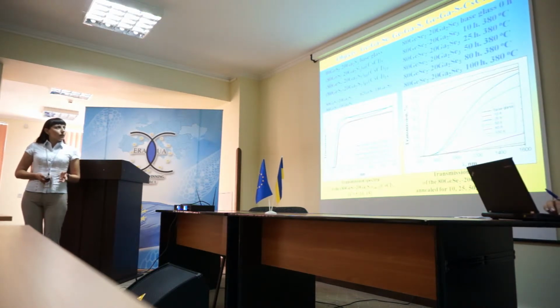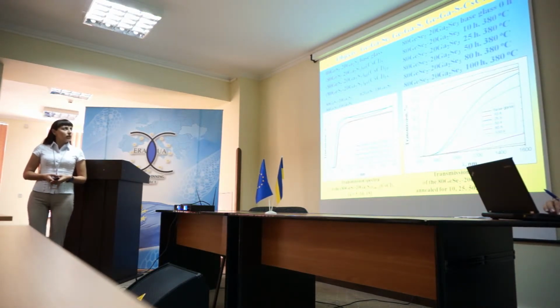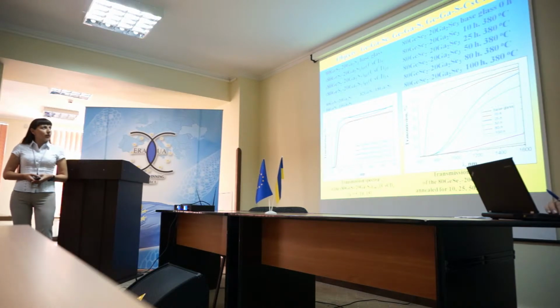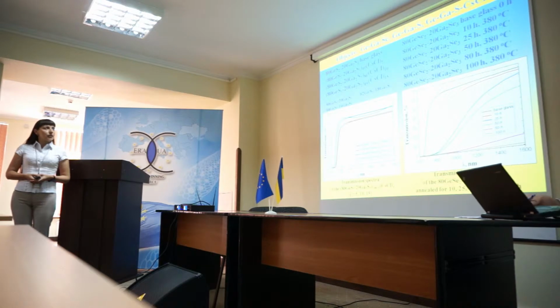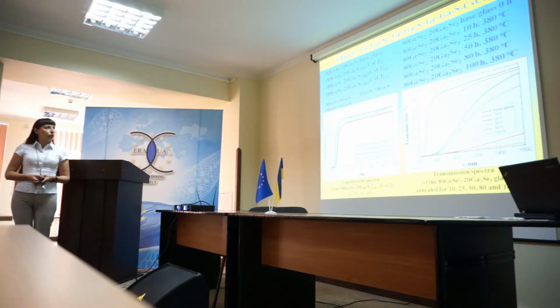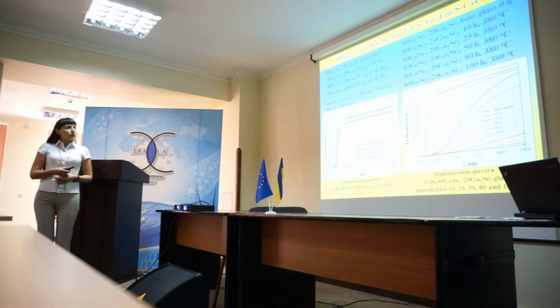In this picture we can see the objects of study for our experiment. We have two parts of the samples. The first one is germanium, gallium, sulfur glasses with some additives of cesium chloride in different concentrations, and three-based glasses with different amounts of germanium and gallium subsystems. And the second one, germanium, gallium, selenium glasses,